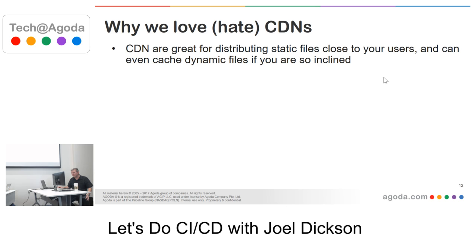So I'll talk a little bit about CDNs. CDNs are great for distributing static files close to your users. I can't say enough how much of a performance impact CDNs have on users. We've been doing a lot of work with our CDN provider, Agoda, in recent months, and some of the performance gains that we can get out of moving stuff to the CDN and getting close to our users is just amazing. Especially here in this part of the region, you know, if you've got customers in places like Indonesia,